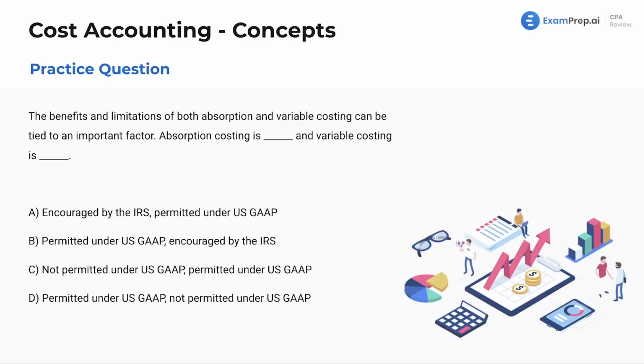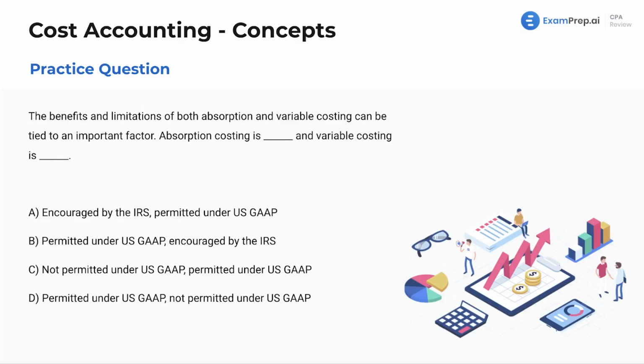Okay, the benefits and limitations of both absorption and variable costing can be tied to an important factor. Absorption costing is blank, and variable costing is blank. All right, so encouraged by who, permitted by who, not permitted by who? Well, let's see. Okay, do we care particularly about the IRS? Generally not in this exam, right? Generally not. However, we do have a listing of